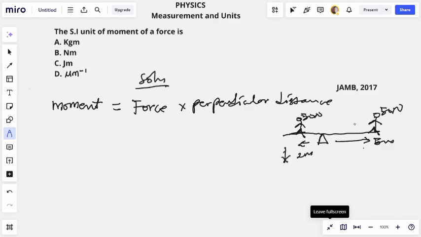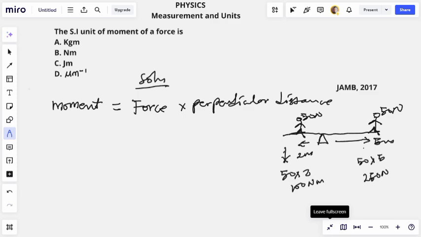No. Between these two people, which of them will have a greater turning effect? Which of them will tend to turn this bar downward? The only way to determine that is to evaluate their moment, the moment of their weight, moment of the force. So moment of this one will be 50 times 2. So this will be 50 times 2 to give you 100 Newton meter, while this one will be 50 times 5. 50 times 5 to give you